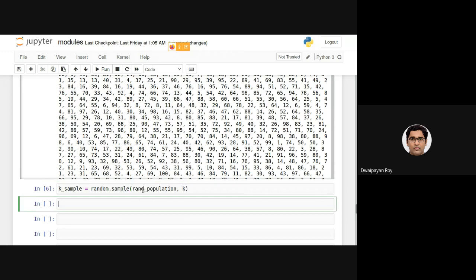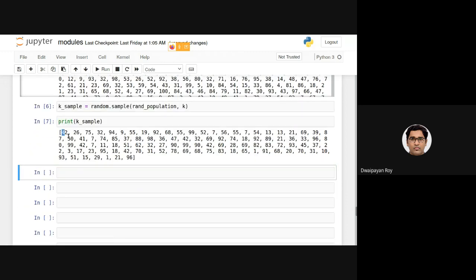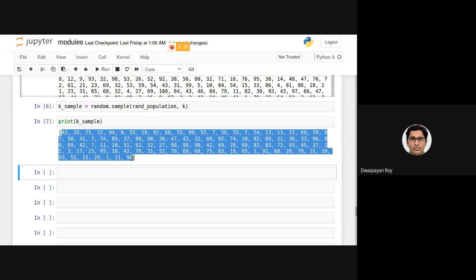If I execute this and then print k sample, you'll see the sampled 100 items from this randomly generated population of 100,000 integers between 1 and 100.